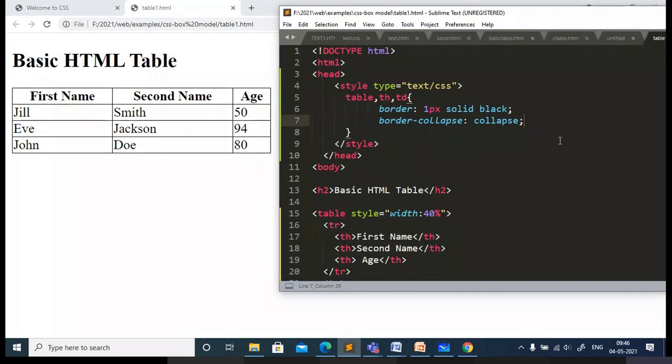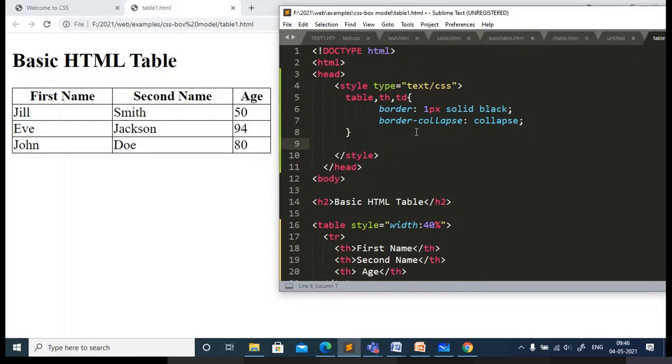So next we can go for cell padding. That is how you can give space between the border and the content. Where should you apply cell padding? You should not apply it to the table, you should apply it to the content.